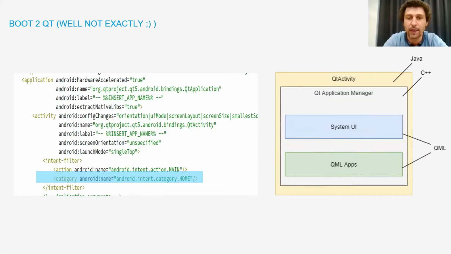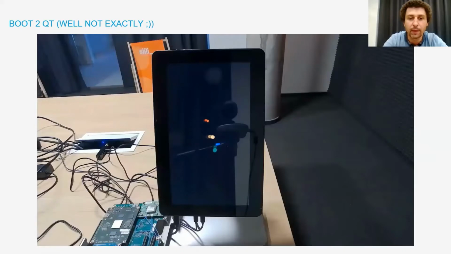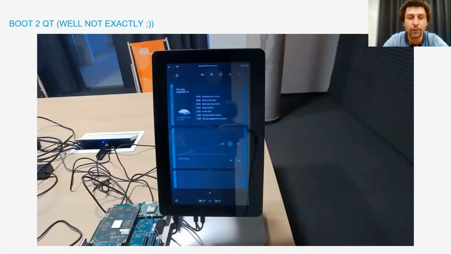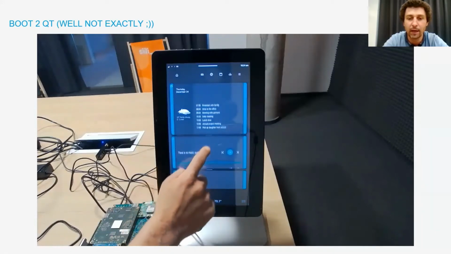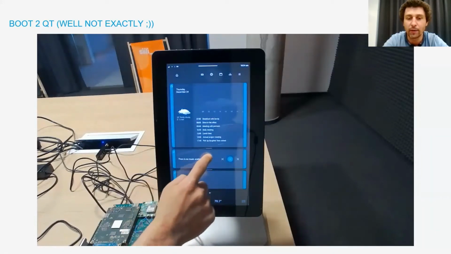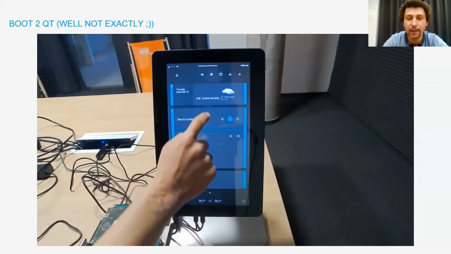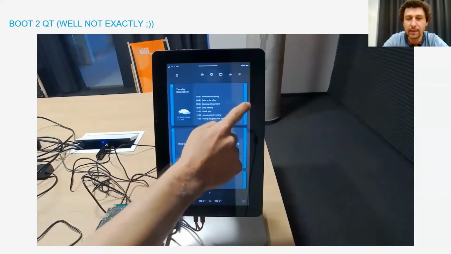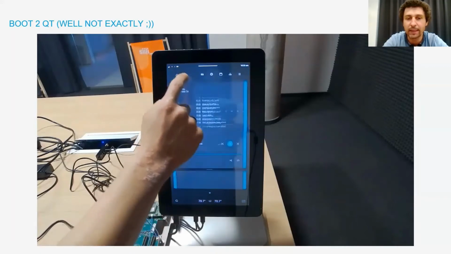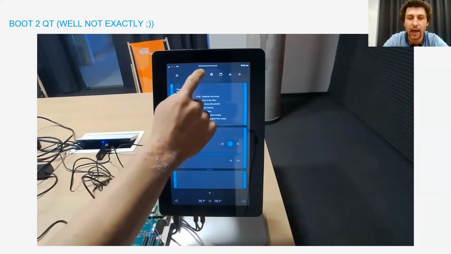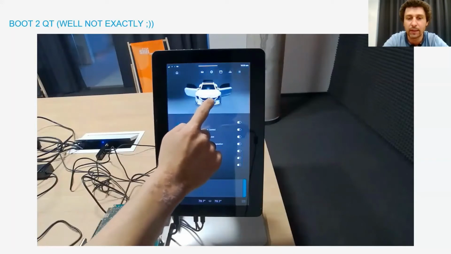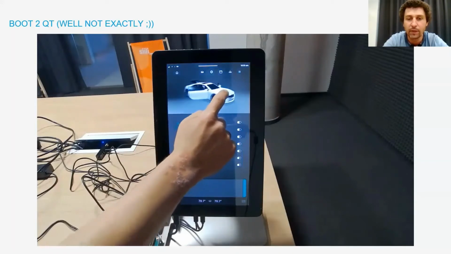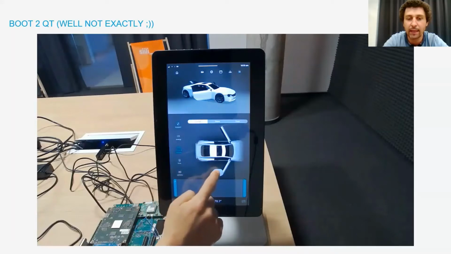Let's move to a short demo. So if you remember or you were doing the development with Yocto or embedded Linux, there is a Boot to Qt distribution which allows you to easily kick off the development of your UI and directly configure the system. So we can achieve something similar with Android, but as you've seen, we don't have to build Android itself. We just need to provide the APK with this single manifest line, and we are landing in the